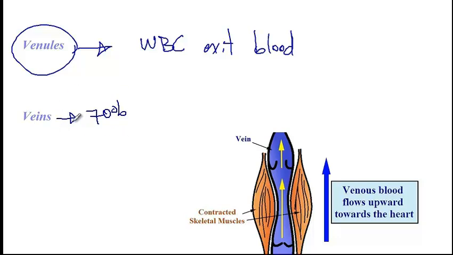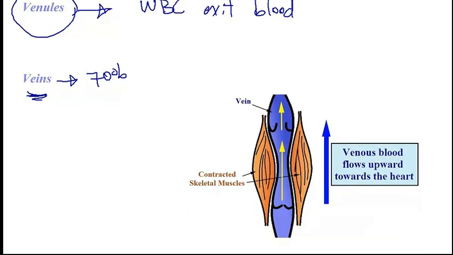All right, now the veins carry the blood back to the heart, but there is one major issue here, and it's that the pressure in the vein is dropping. So how can the blood be lifted from our legs, for instance, all the way to the heart? Because the smooth muscles in the veins are not as strong as in arteries. The answer is that via 3 different mechanisms venous blood can return to the heart. Number 1 is by contraction of the skeletal muscles that surround the vein. Contraction of these muscles will help push the blood inside the veins upward